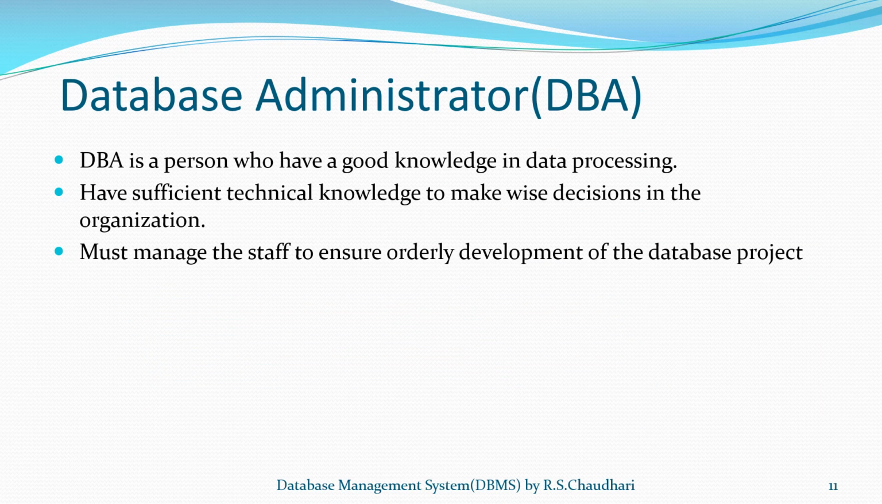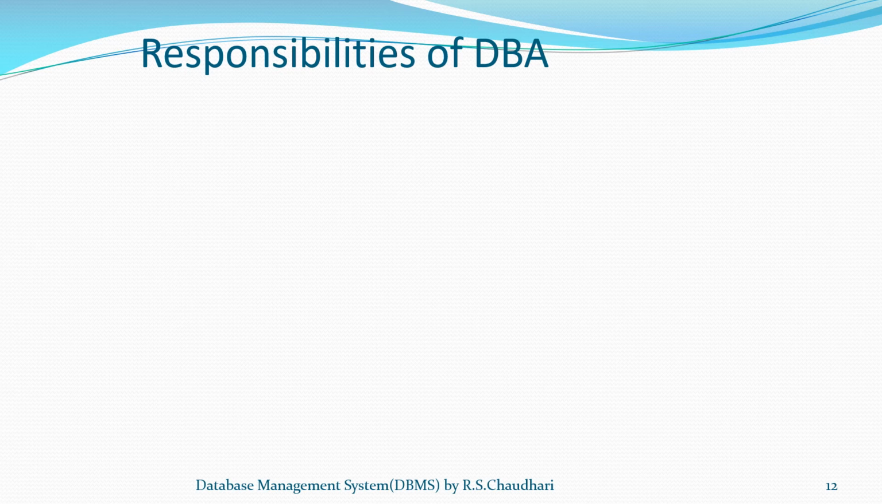Third type of user is a database administrator. They are called as DBA. DBA is a person who has good knowledge of data processing. He must have sufficient technical knowledge to make wise decisions in the organization. He must manage the staff to ensure orderly development of the database project, to satisfy database users, and to plan for future database requirements. The responsibilities of DBA are